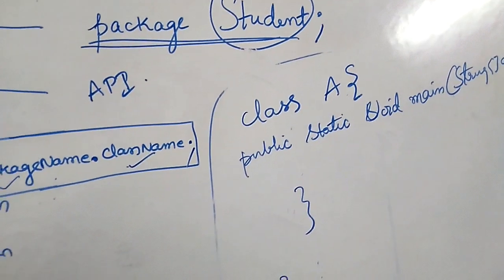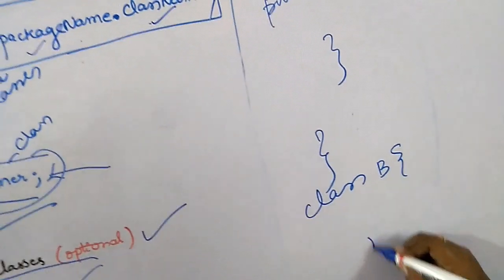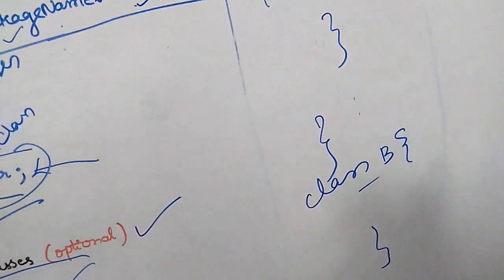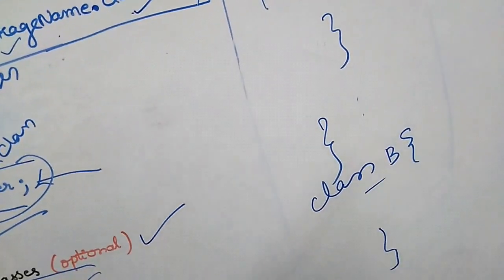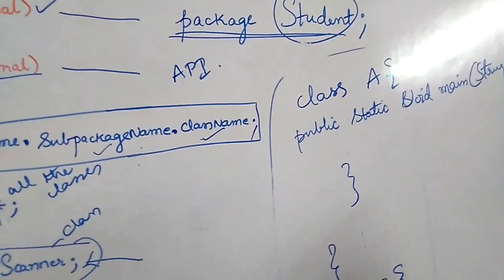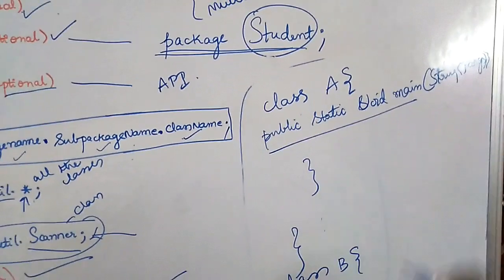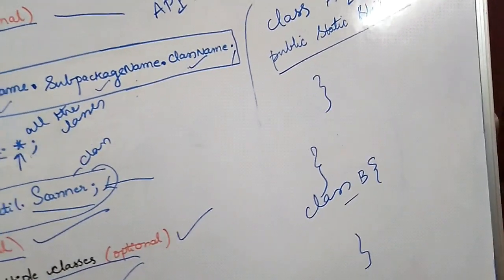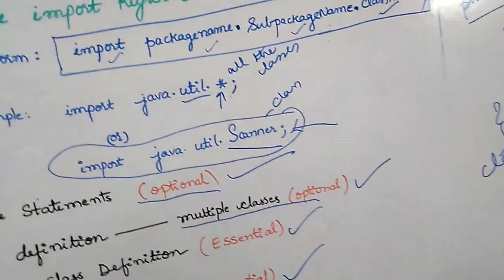And also you can have some other class, and even if it is not having any main method, it is okay. But you need to have one class with the main method in it. Let us see an example and try to understand what is the main method and what should be the access modifier of the class and all that.